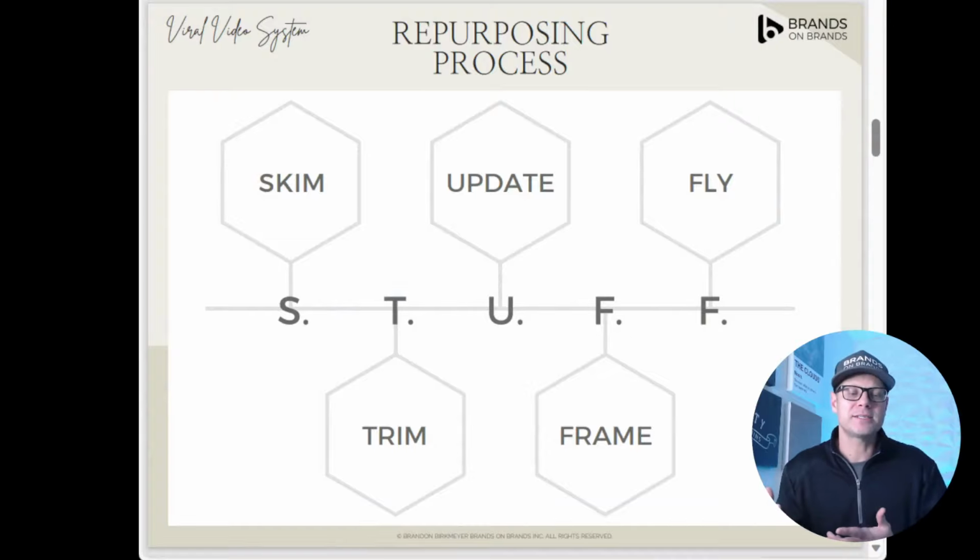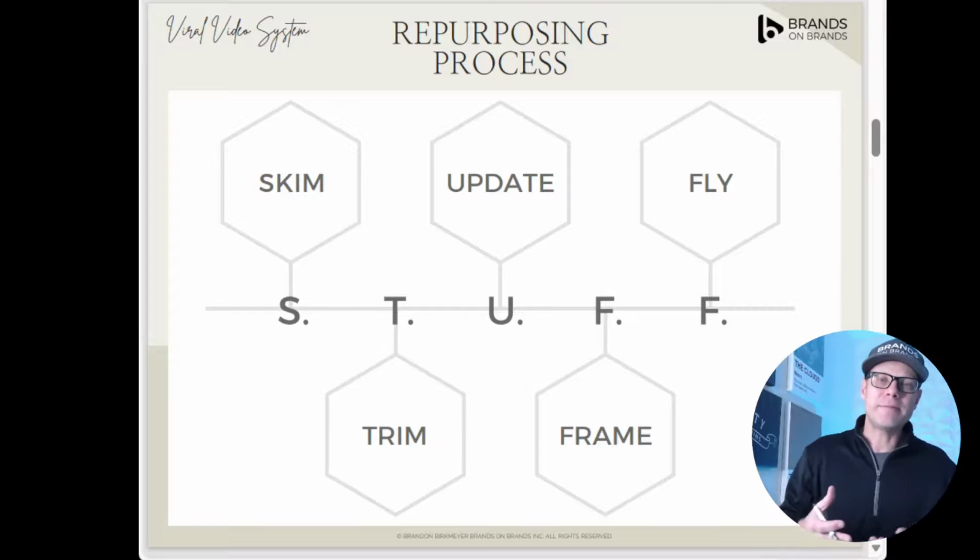So my repurposing process is a 5-step system that is very simple, and I call it making the stuff, right? And how does that work? Well, it starts with skimming and trimming your content. What does that mean? It means you take your content, your video content, and you transcribe it into text form. Why text form? Well, text is a lot faster to edit than video. And there are transcription tools where you can edit text instead of video, and it edits the video for you. So we'll talk about some of those tools in a minute. But essentially, you can skim a piece of content 4 to 8 times faster, especially if you're skipping through some of it, than you can just looking at a video.